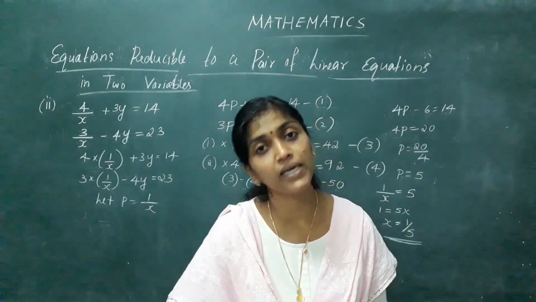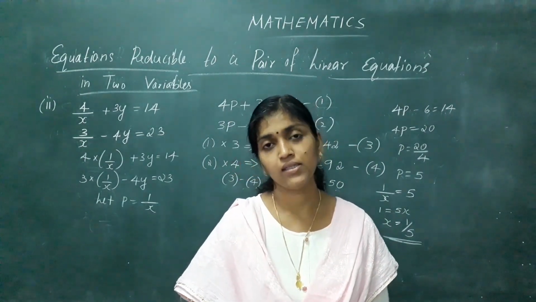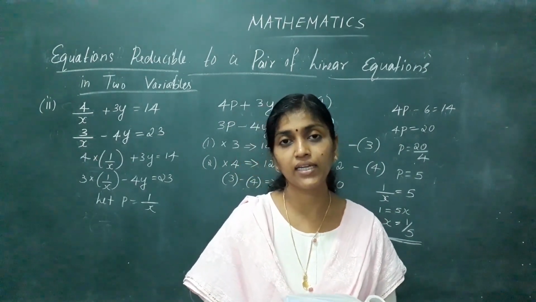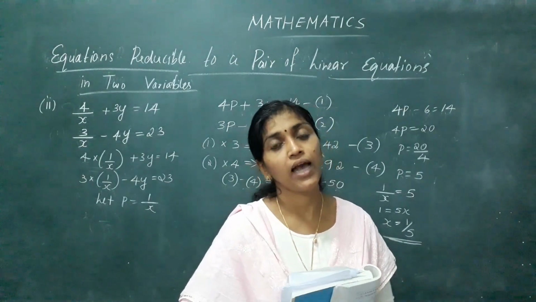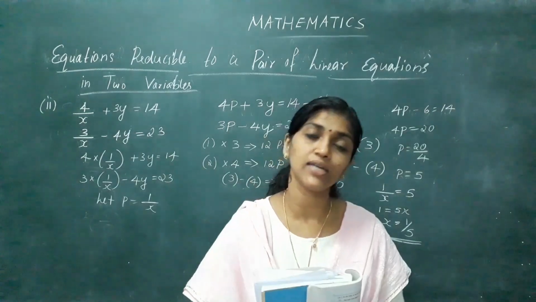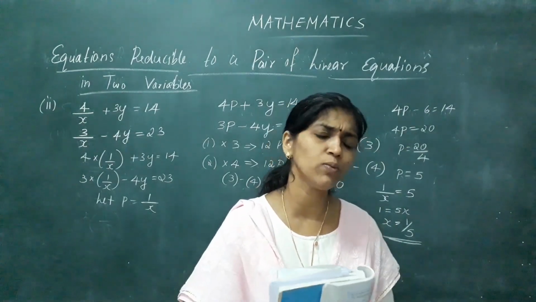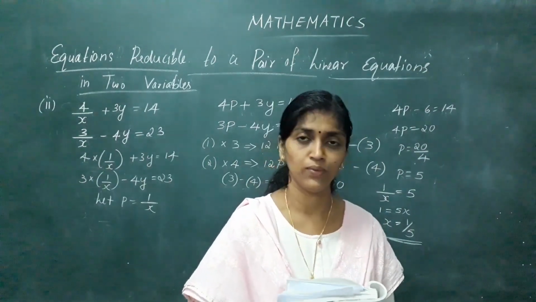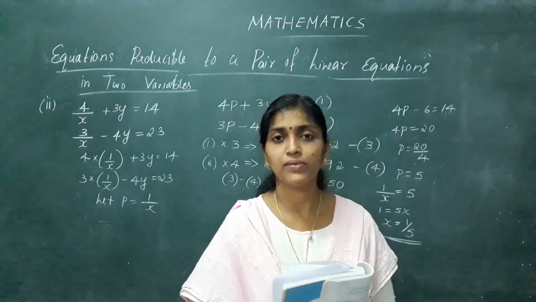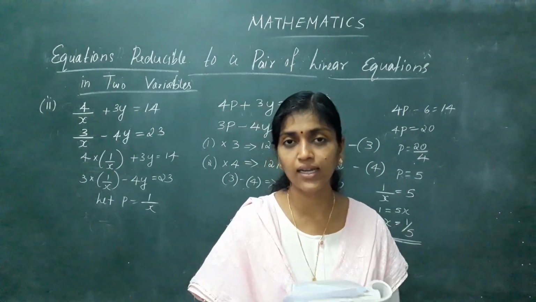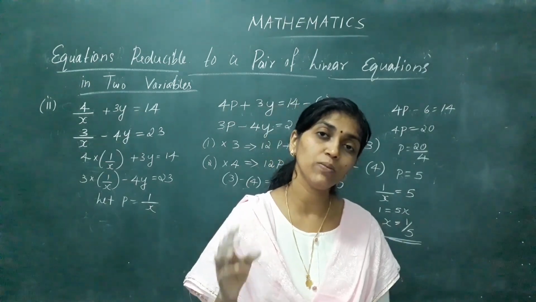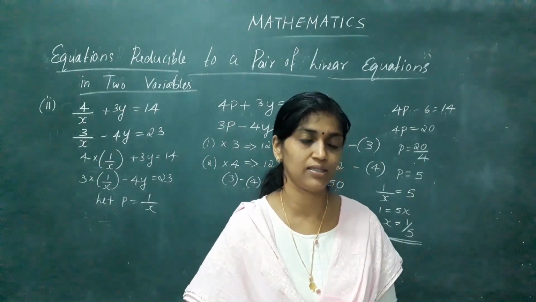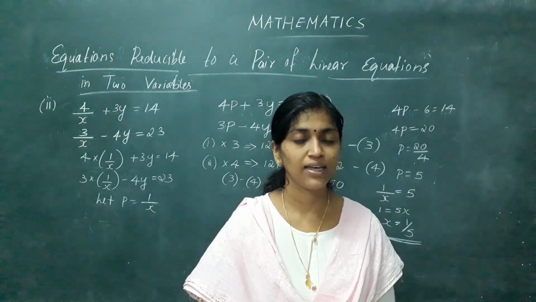So when you take p as 1 by x, and the second equation has 1 by root x, you cannot use p as 1 by x for both the first and second equation. We will do more problems, then it will be more clear to you. Okay, so just for now, understand that when you use p and q, the values you are giving for p and q must be the same for both the equations. Okay, then thank you.